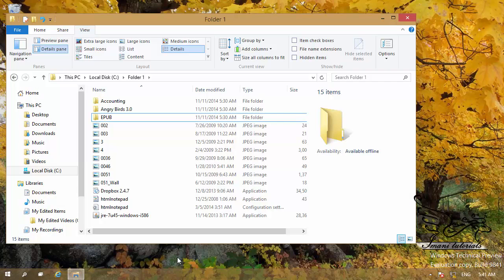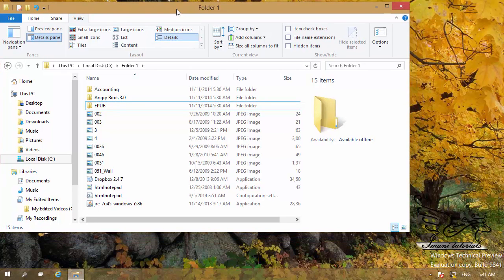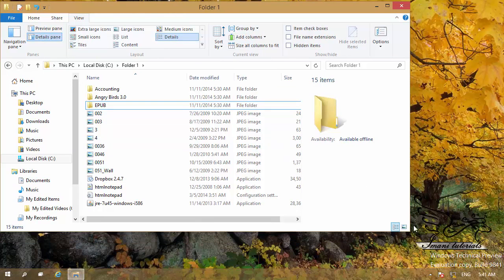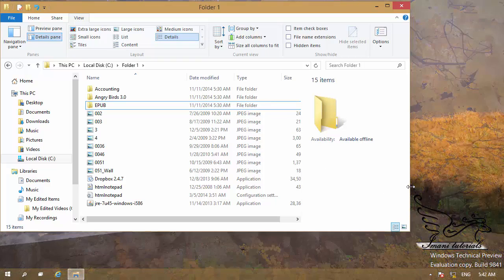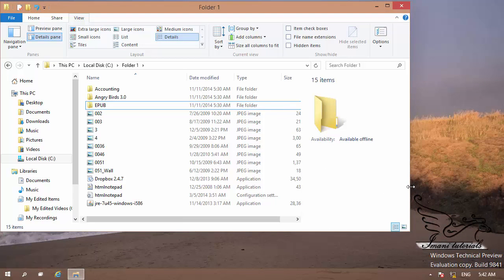Okay, now we know how to select. It is time to copy or move items to another folder. Let me move it a little bit to the left, and I want to move my mouse over the window. You can see that by going to the edge of this window, the mouse pointer is going to change to